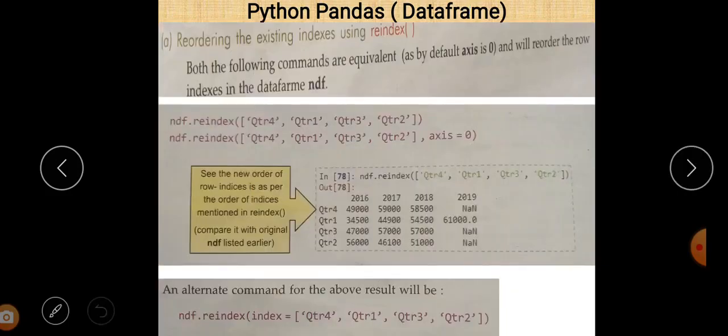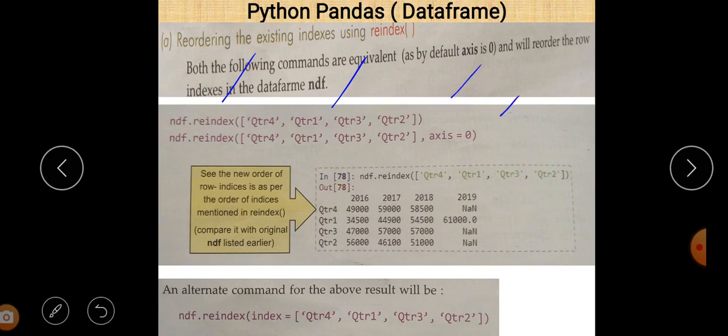Let us see it by using an example here. You can easily see reordering the existing index by the reindex function. So there is the data frame name ndf, and you just write ndf.reindex, and q2r4, q2r1, q2r3, q2r2, or you can just write ndf.reindex q2r4, q2r1, q2r3, q2r2, axis equal to 0.